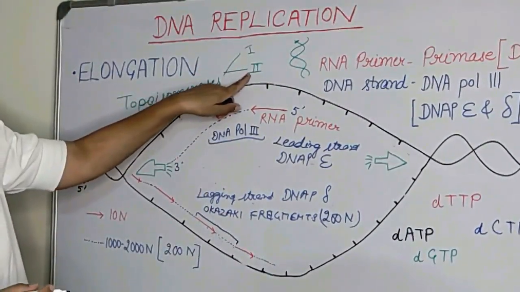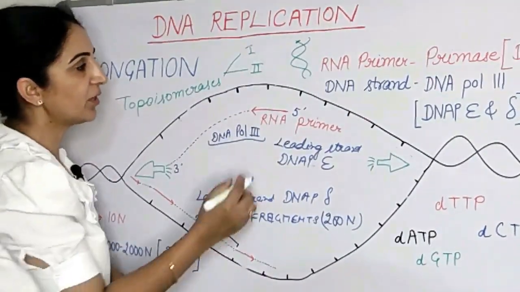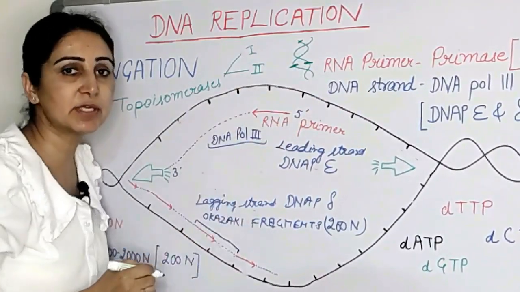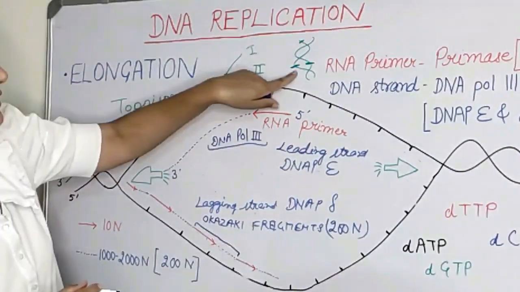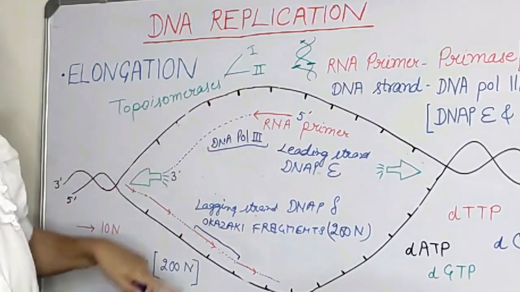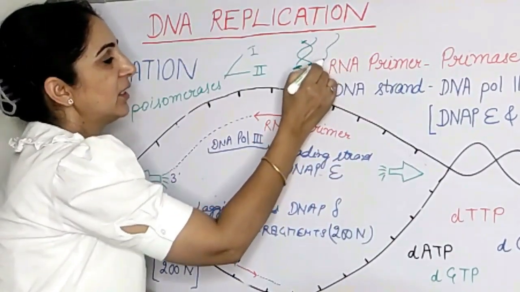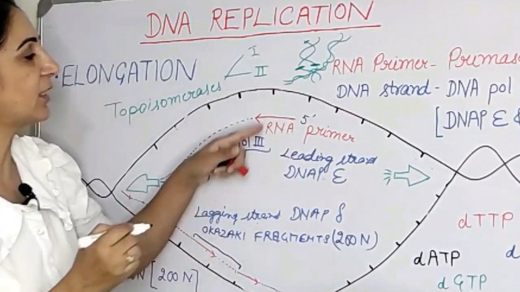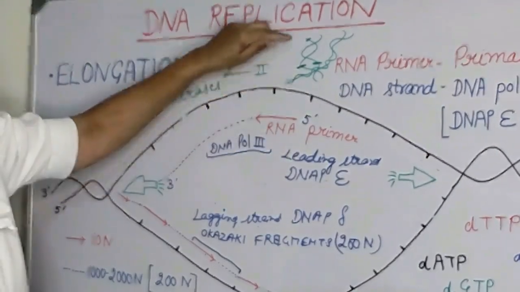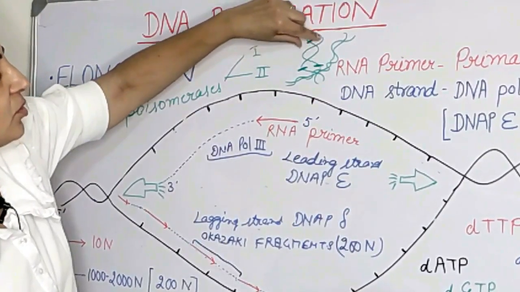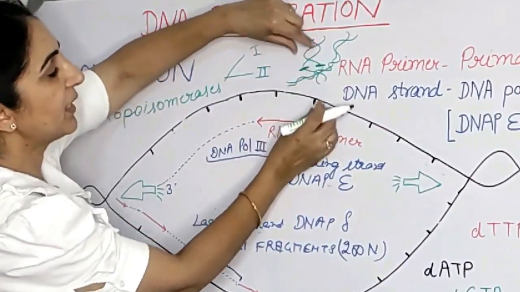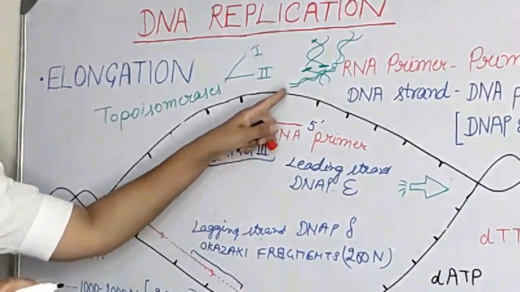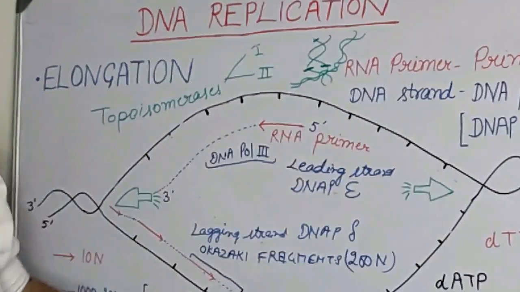What is DNA topoisomerase 2? DNA topoisomerase 2 is capable of making nicks in both the strands of the DNA molecule. So both the strands of the DNA duplex will be cut, and the other portion of the supercoil, see, this molecule is not tangled like this. These two ends are cut, so this strand is now separated here, and the other DNA duplex can move through this cut portion, and again these ends are sealed.